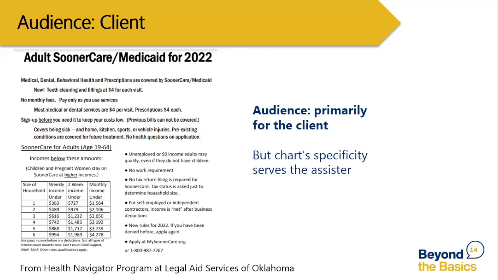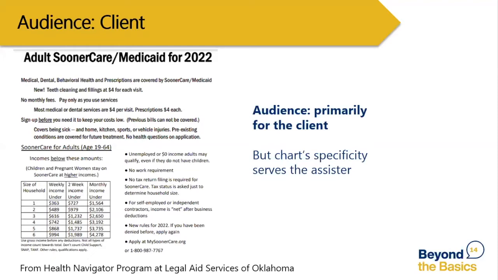So we have another resource. This is from the Health Navigator program at Legal Aid Services of Oklahoma. And this, I would say, is to an extent primarily purposed towards an audience of the client, right? You can see that there's an element of advertising in terms of what individuals can get from the specific program. But what I think makes this chart so brilliant and this resource so helpful is there is a higher likelihood that the assister is going to pull this up and use it and give it to the client,